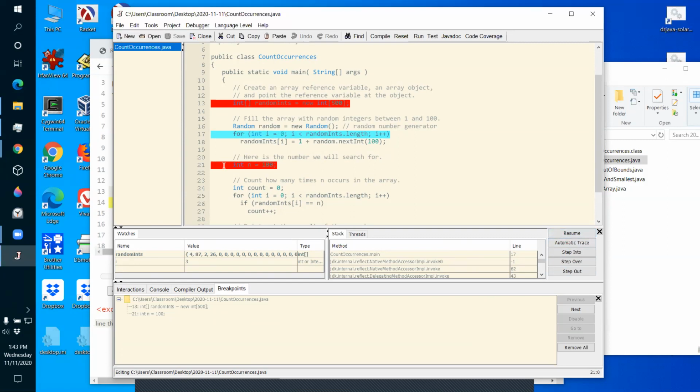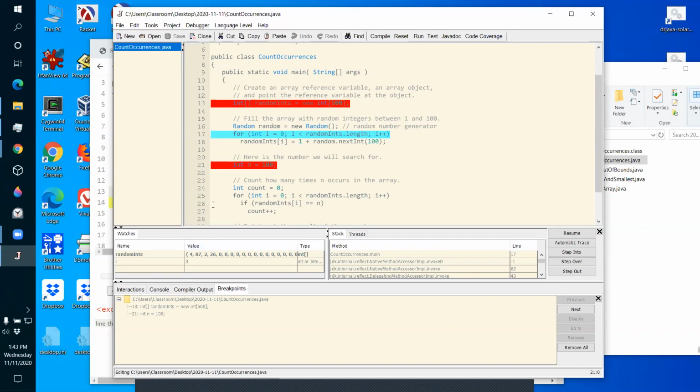Now, the visualizer doesn't work this way. The visualizer, you just step through all the steps. But here what I'm telling DrJava is to go ahead and just run through this loop, because I don't want to step through it anymore, and just do that real fast. And then when you get to line 21, stop again. That's what the bright red line means, stop again.